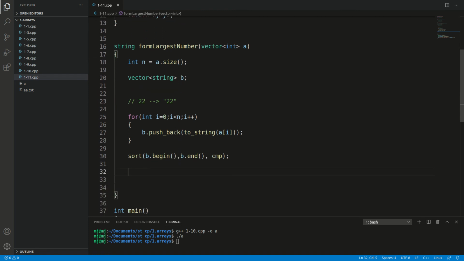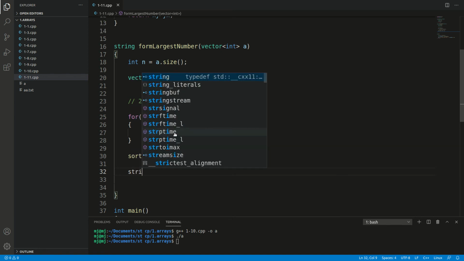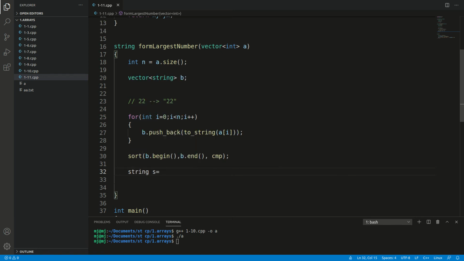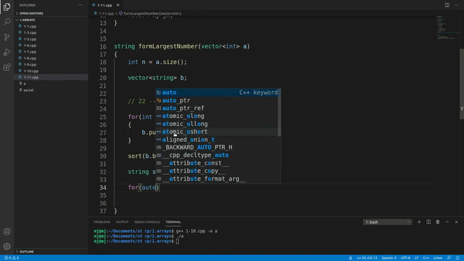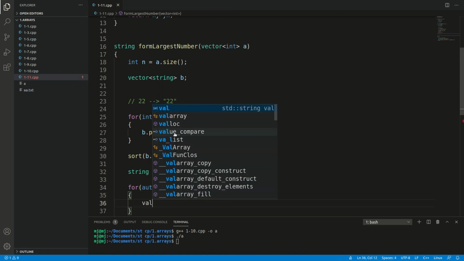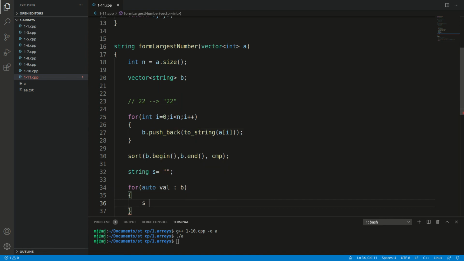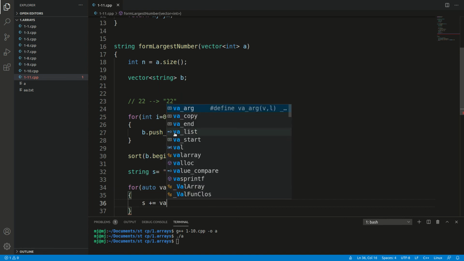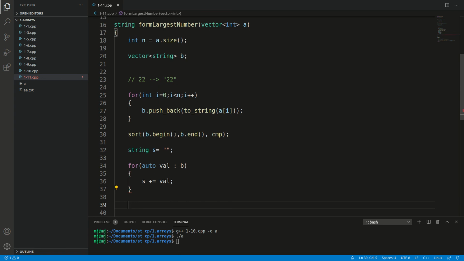Now just loop over all the string elements. Let's write a string s as the output and loop over all the elements. This is another way to loop over all the elements of a vector or an array: for auto val in vector b, append that val to the string, so s plus equals val.